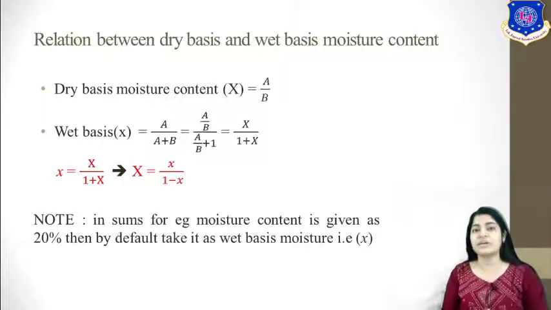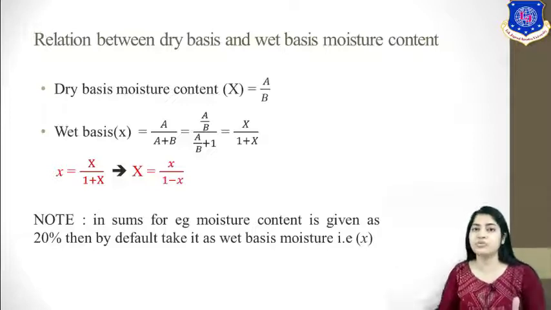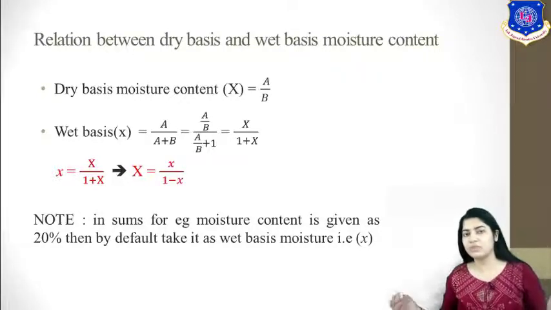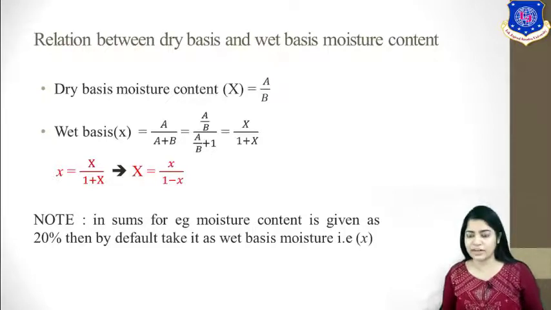You have to remember this because when we are solving sums, sometimes the examiner confuses you, and they represent moisture content in the form of wet basis or dry basis. So you must be very clear how to change the relation. Your small x, wet basis, is equal to capital X upon 1 plus X. Similarly, when you are finding dry basis, that is equal to small x upon 1 minus x, right? For example, in sums if 20% is given and nothing is mentioned whether it is dry or wet, then by default you have to take it as wet basis, mole or mass fraction.